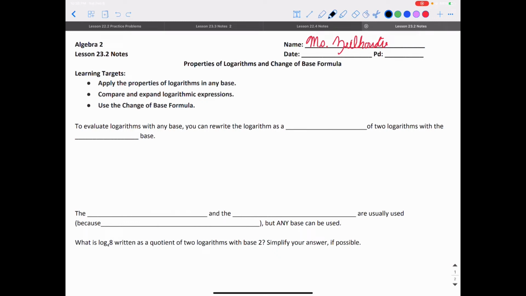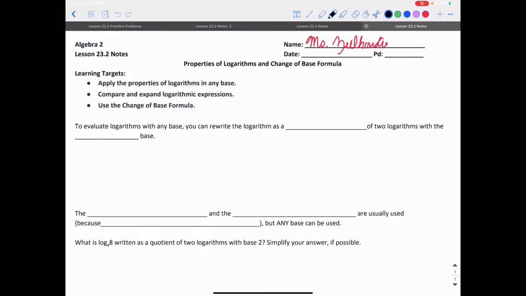In this video, we're going to talk about properties of logarithms and the change of base formula. So the learning targets for this video: we're going to apply the properties of logarithms in any base, compare and expand logarithmic expressions, and use the change of base formula. And that change of base formula is going to help us plug in any logarithm that we want